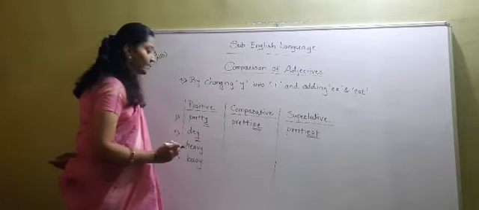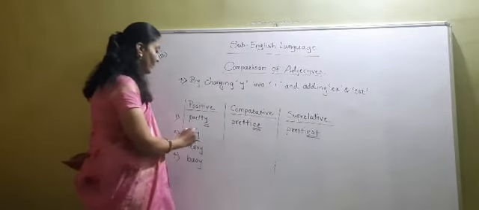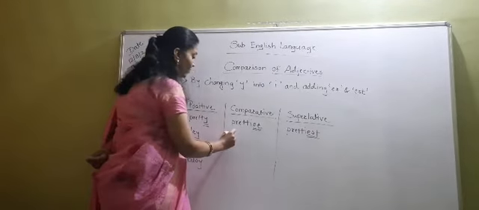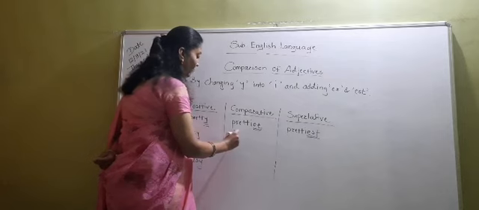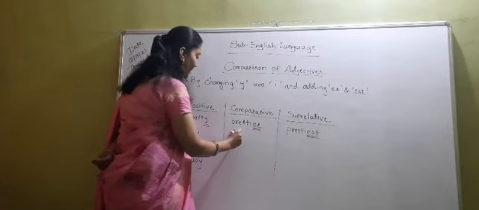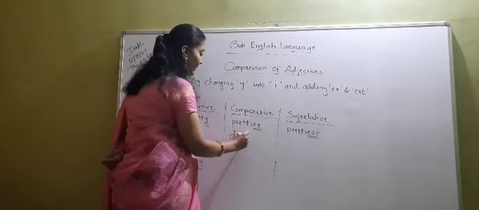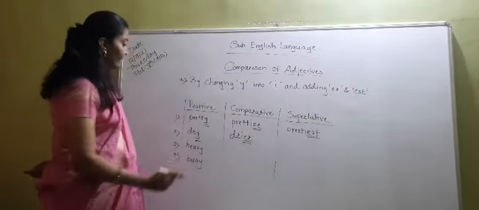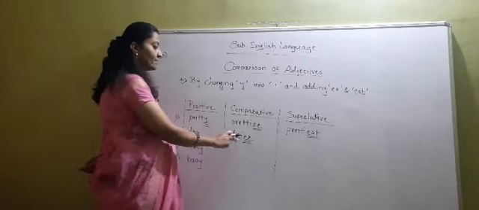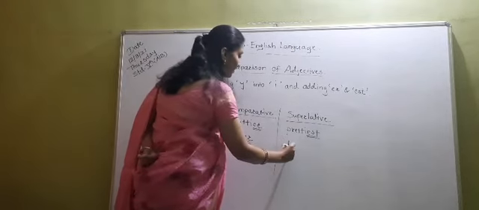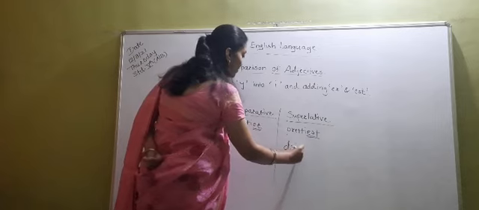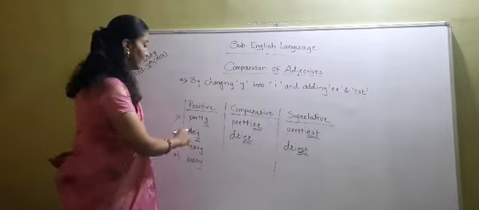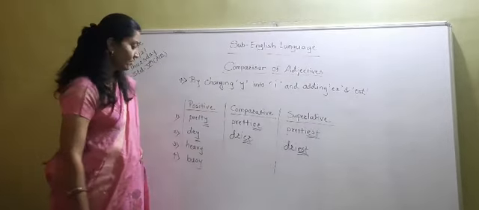Again this spelling ends in Y. So we have to turn this Y into I. So instead of Y we have to write down I. D-R-I-E-R. Add ER to that word. Dryer. Dry, dryer. And here D-R-I, you have to add EST to that word. Driest. Dry, dryer, driest. Okay?